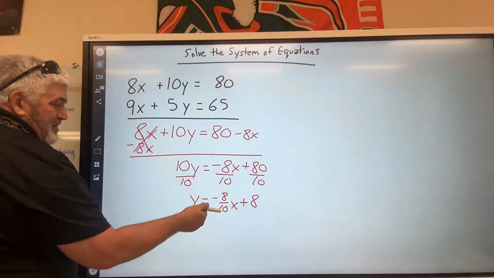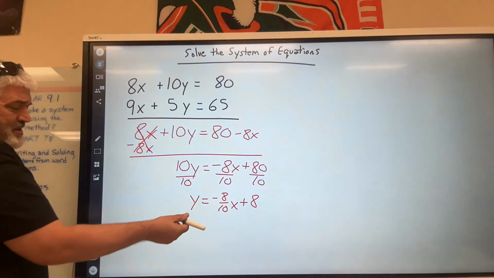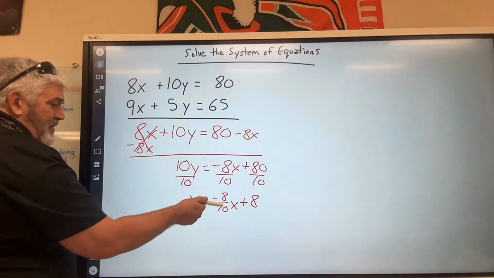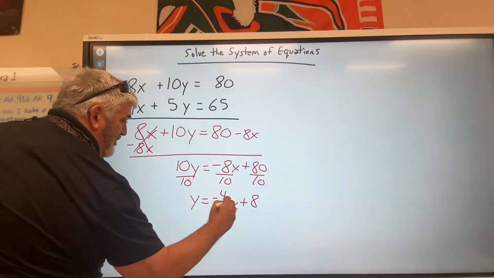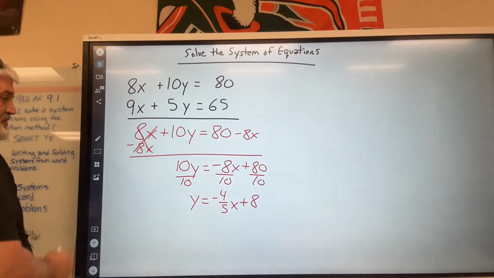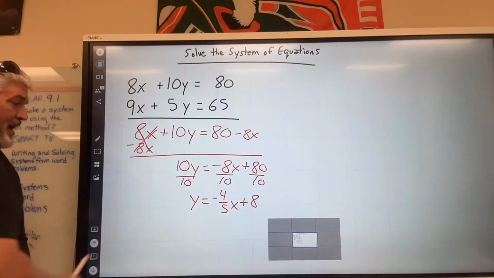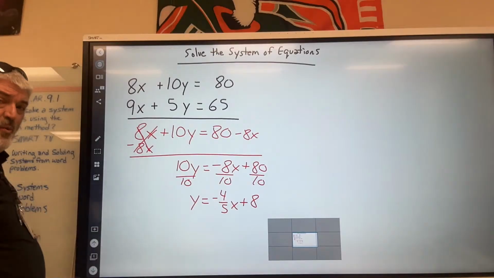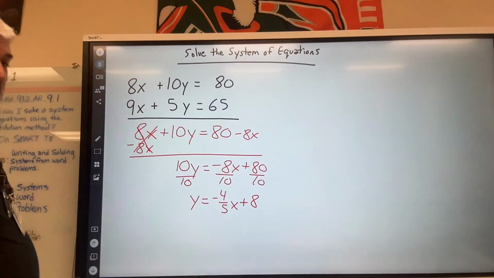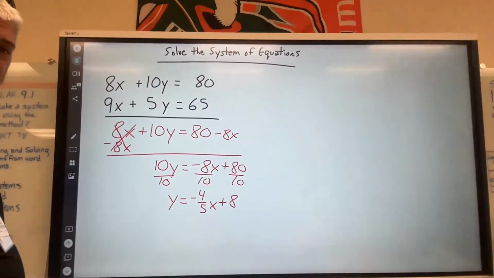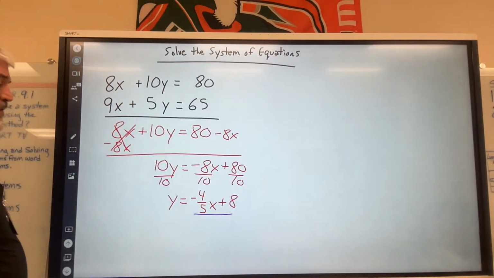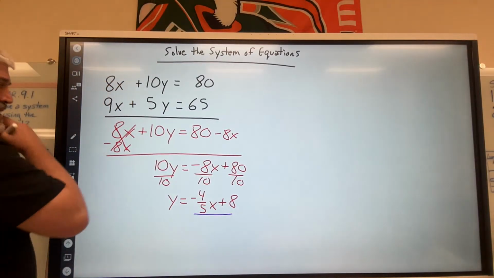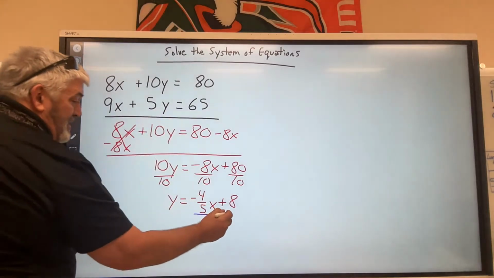Very quickly, I want to simplify my fraction to make it easier if I can. I can divide 8 and 10 by 2, so I will get negative 4/5 x. At this point, I have a solution for y. So y equals negative 4/5 x plus 8. So I can take this solution